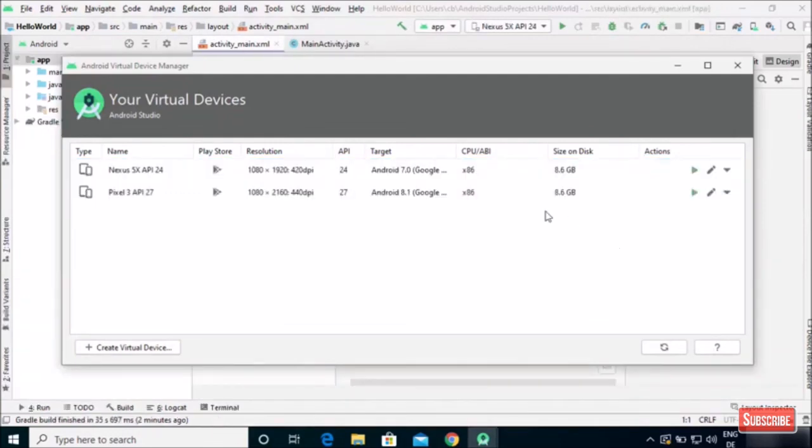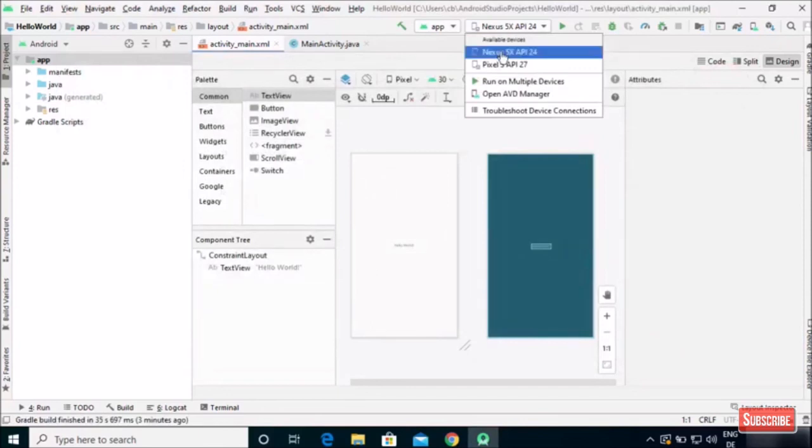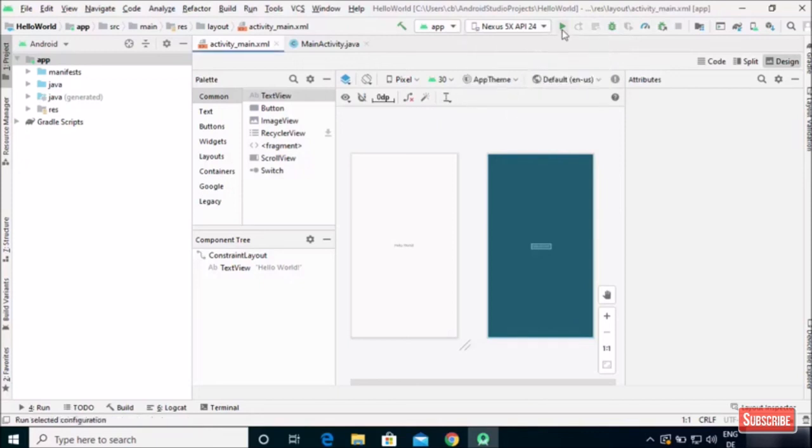As you can see, I have created one more device, which is Nexus 5 API, just for the demonstration. In this way you can create multiple virtual devices here, and once you close it, you will be able to select between those virtual devices. After that, you can just select one device and then click on run app, and now our app will be running. So that is all about Android Studio. So next